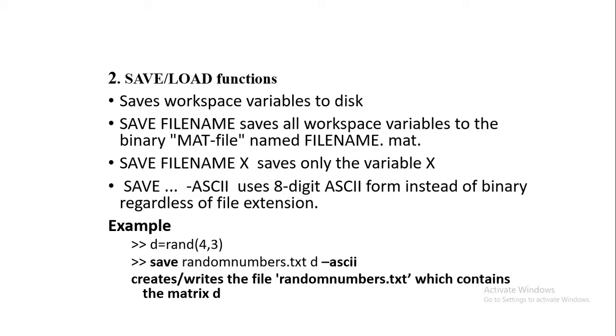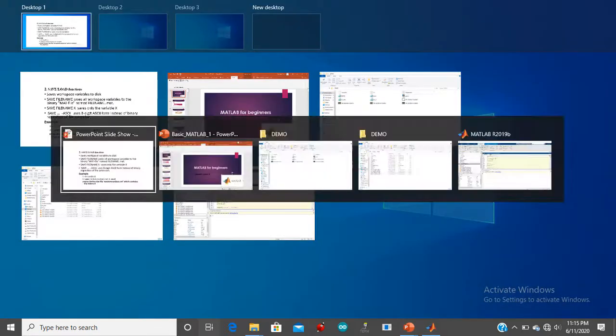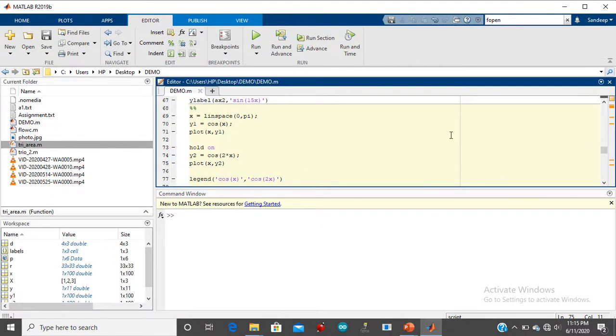So you can save the workspace. One method is you can save the workspace in a .mat file with a file name. Or you can save it in a text file also. Let us see how exactly we can do with this example which I am showing on the screen. Let us run the same example. So here on demo,